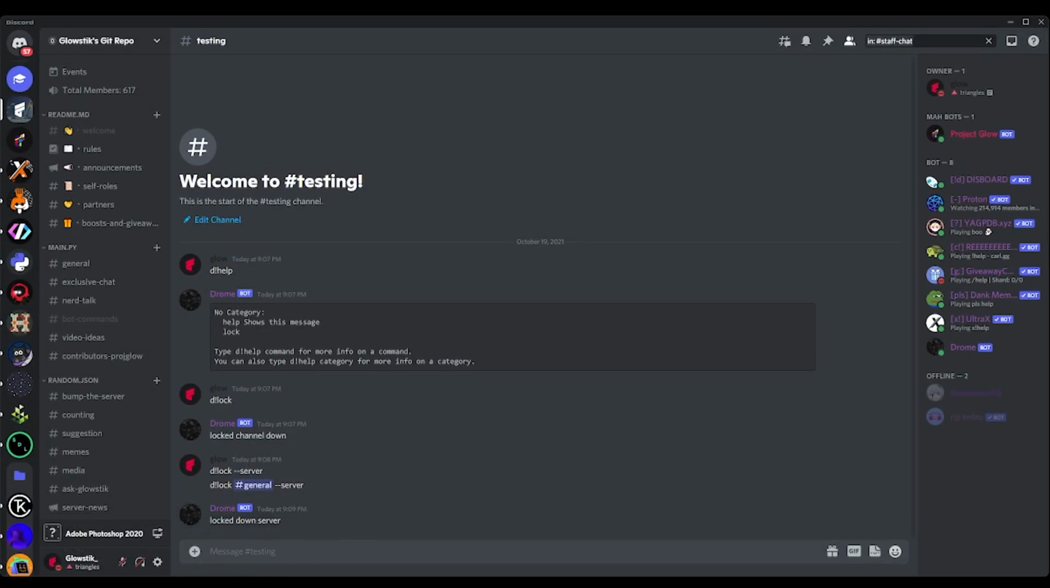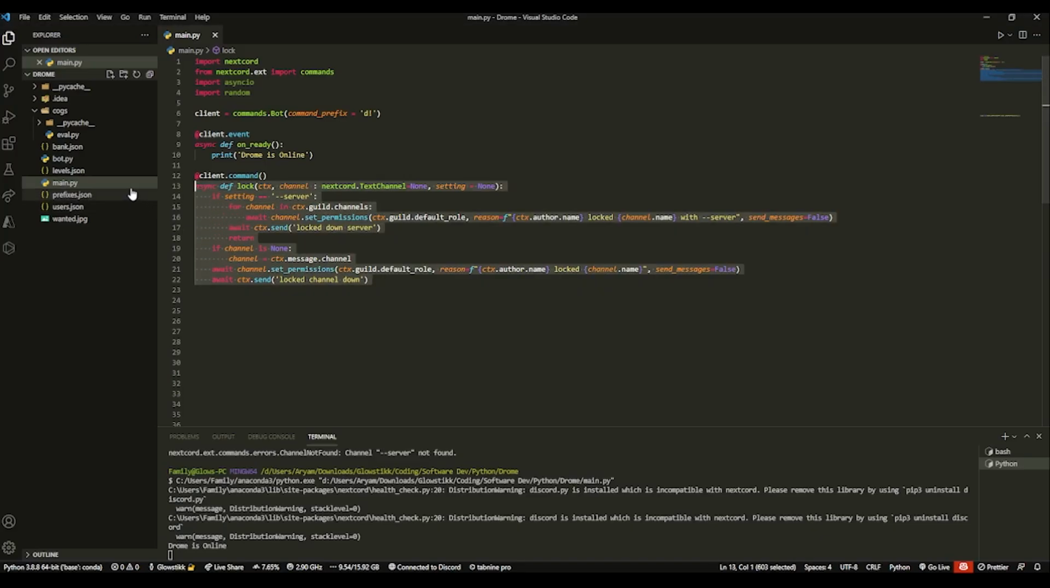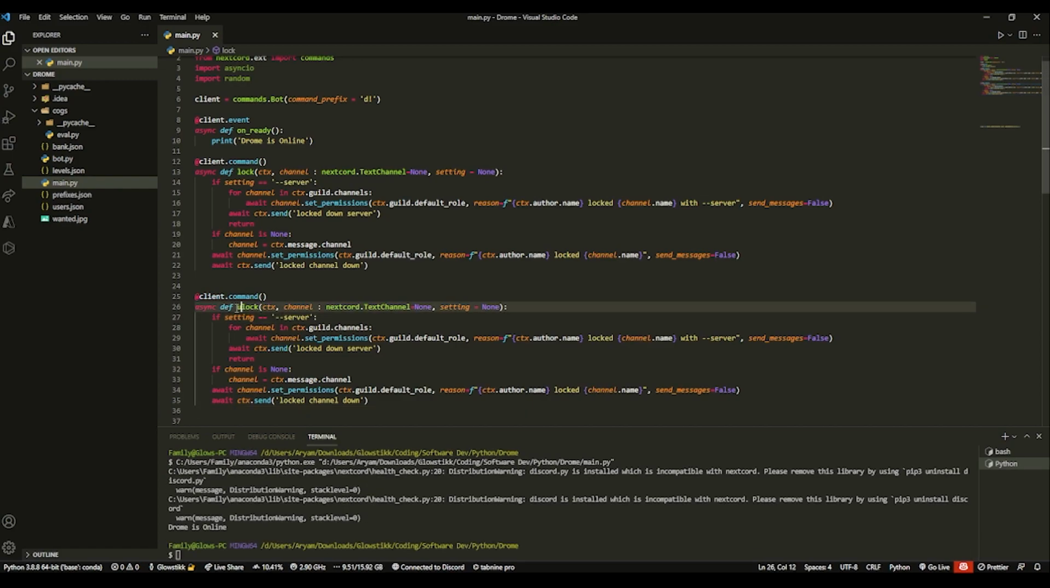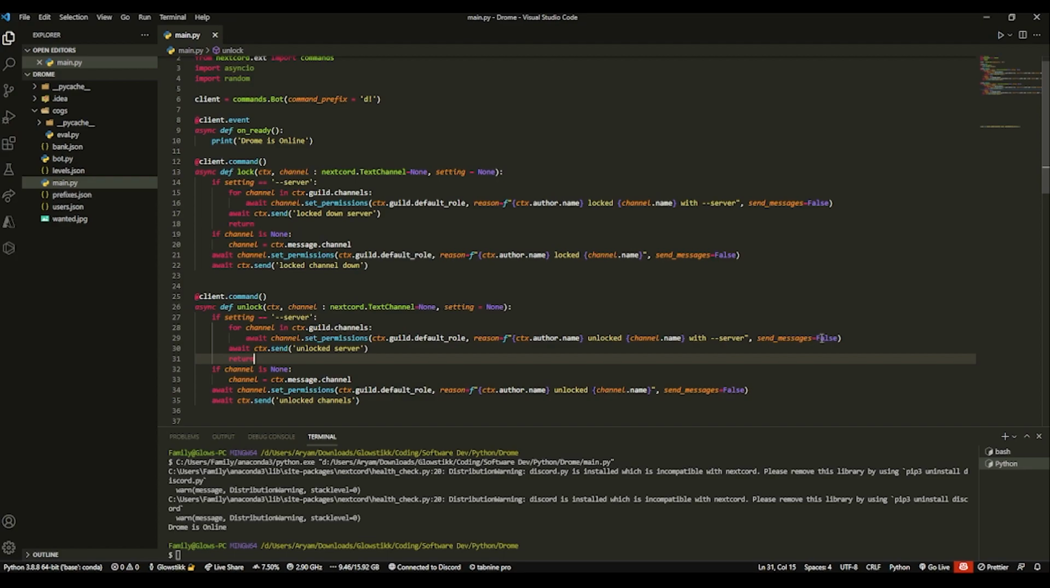So then what we can do is, if we hop back into Visual Studio Code, we can create another one of those. So just repaste this in here and then change this to unlock, and let's change everything else. So unlock channels, unlocked server, and then what you're going to have to do is just change this to unlocked, and lastly change send messages to true,